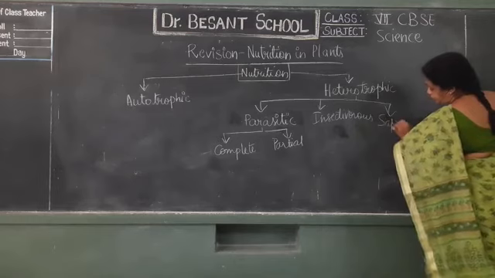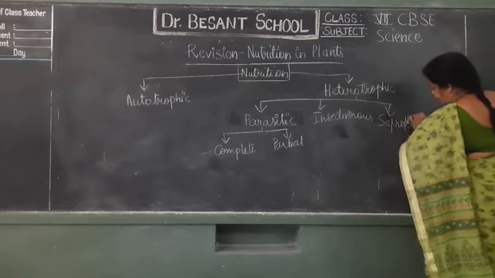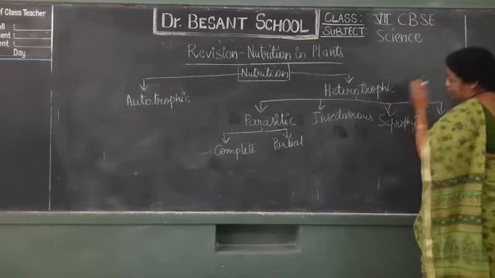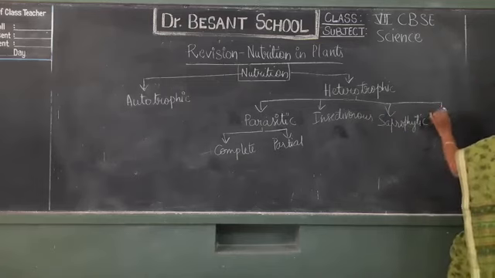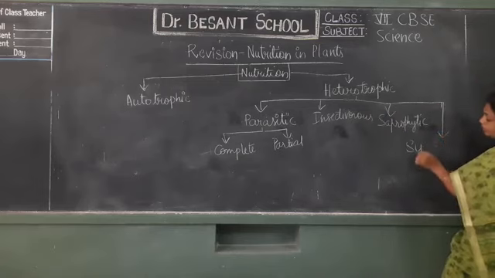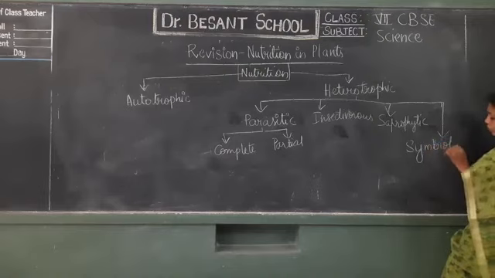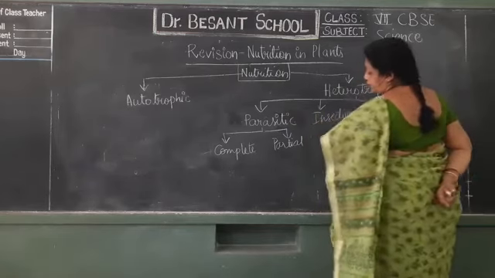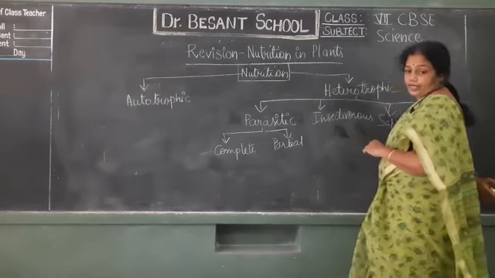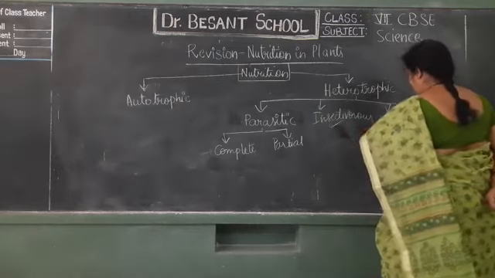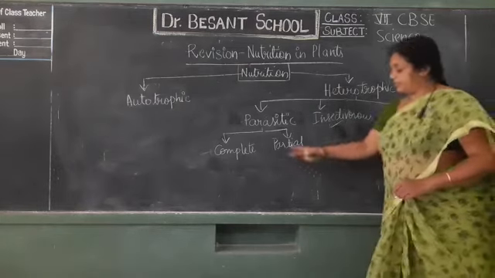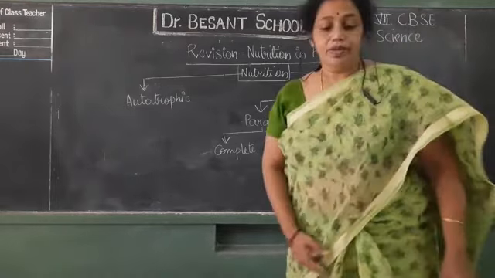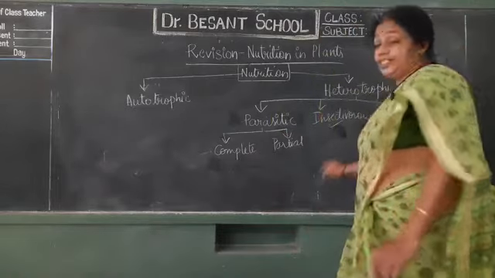Do you remember all these I have told? I have explained in the class, but at that time I did not have the specimens. So I had simply explained with the help of the textbook and pictures. Okay, last one is symbiotic. So here I have got each one. I have got two symbiotic. Parasitic we don't have. Okay, but insectivorous is similar to partially parasitic. So I shall start with the insectivorous plant.